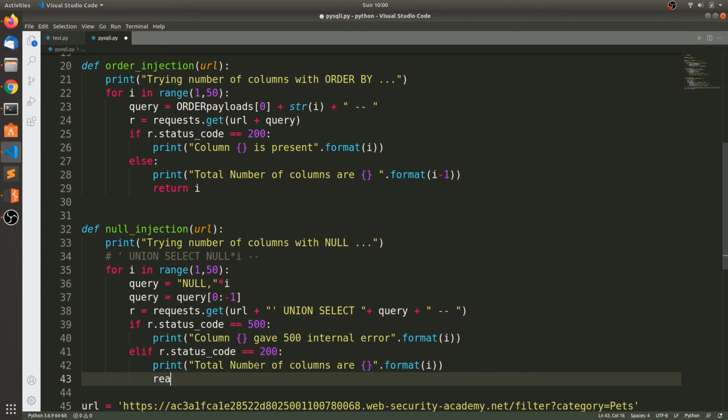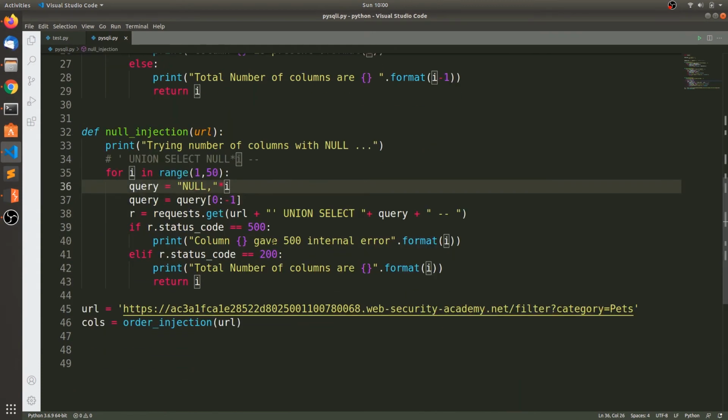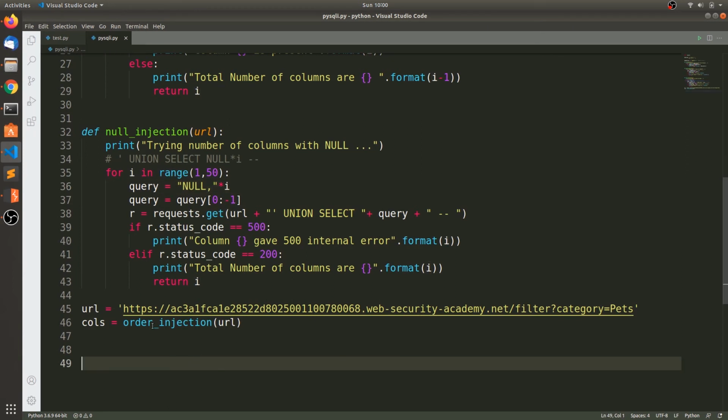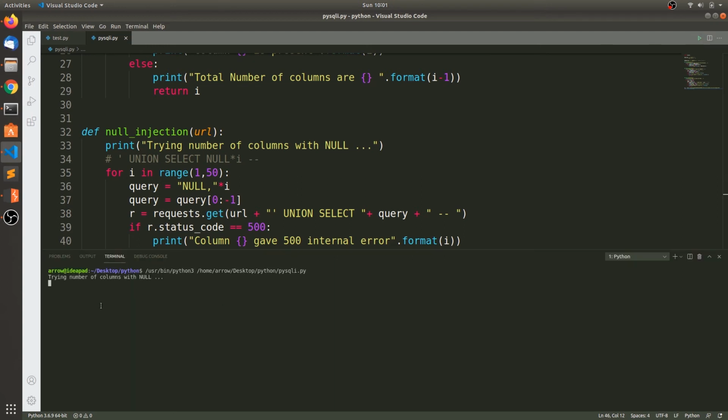Return i. I think this will be good. Let me change this to null and run it. We should get 2 columns. So we got the 2 columns.